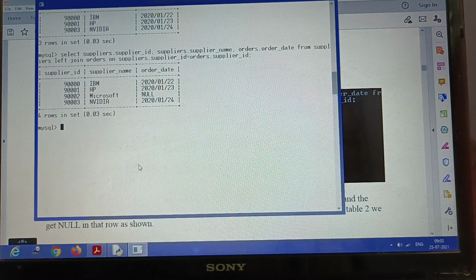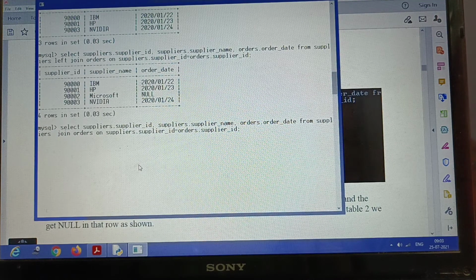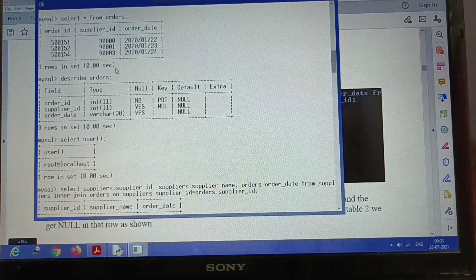Now what will be the right join? What do you think that will be the right join in this case? If I replace left join with the right join, we will notice that in right join everything of the right table will be taken and the corresponding entry of the left table will be taken. But here, whatever entry is there in the right table, in this case the orders table, every entry is there in the left table also. That means because we are trying to do this join on the basis of supplier_ID, and whatever supplier_ID is there in the orders table is also present in the suppliers table.